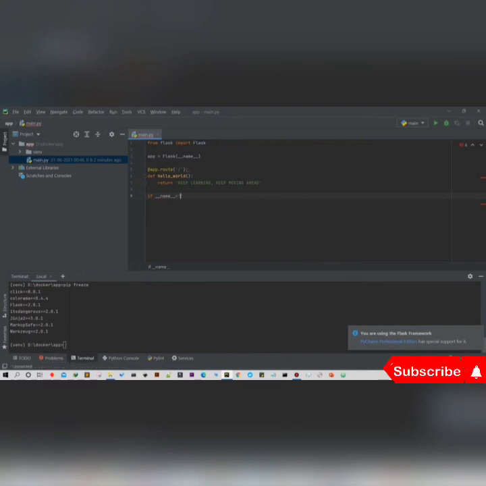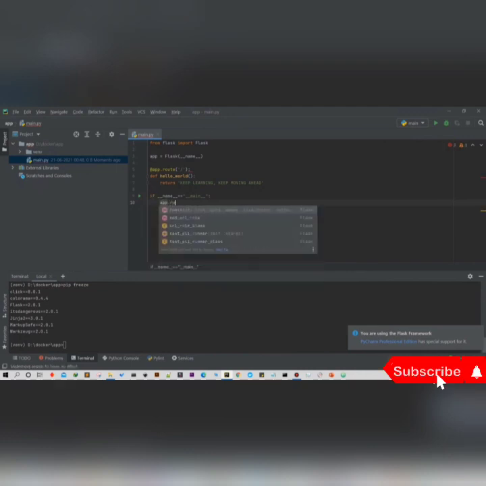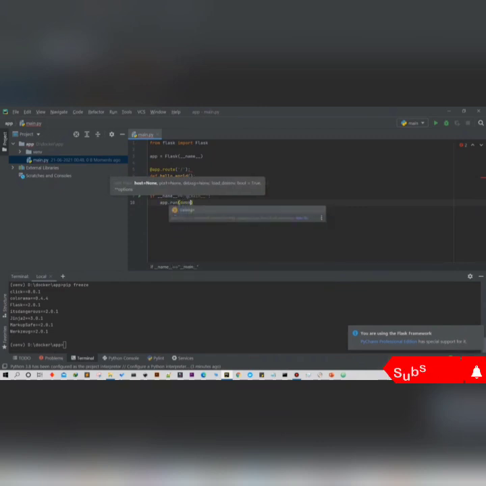Okay, now we're going to run this application. For it you need to mention app.run, and inside it you need to pass things like port, host name, or any other thing like debug. Here I'm just going to put debug equal true, so whenever I run this application we will see what's going on behind the scenes. Now I'm going to add the port as well, and you can give any port number. Here I'm simply using 5001. Okay, now our code is completed.